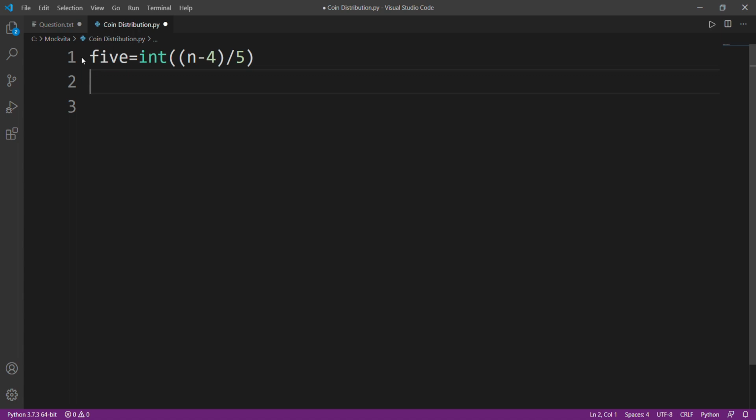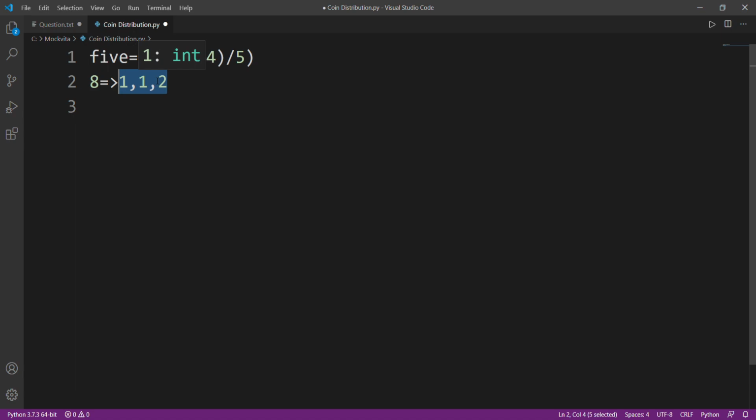33 minus 25 will give me 8. Since this number is even, I need 2 ones. Why? The thing is, I at least need a single one every time, because we want to make an odd number. So it is predetermined that we need at least one 1. Okay, but why am I using two ones? Because we are prioritizing two ones over a single 2. We had only two options.